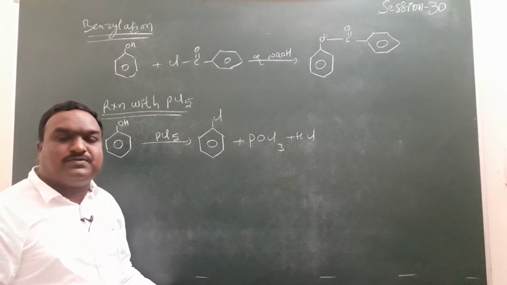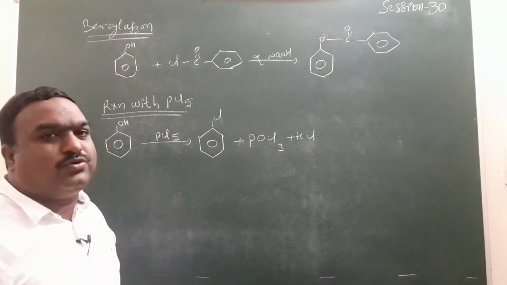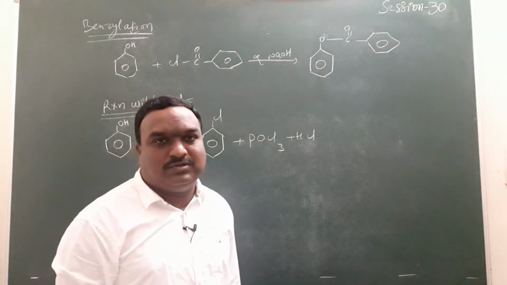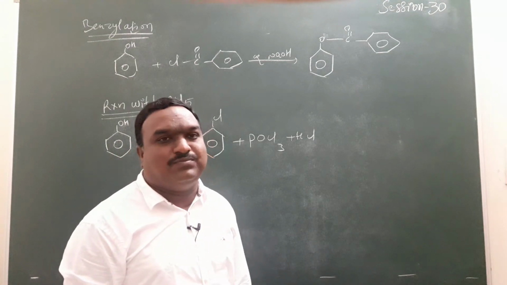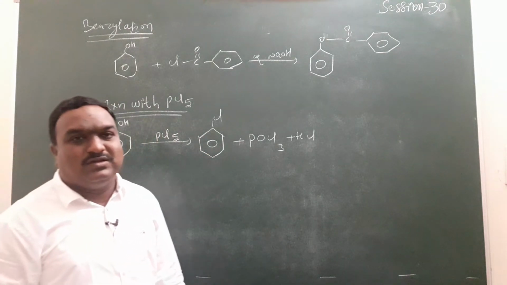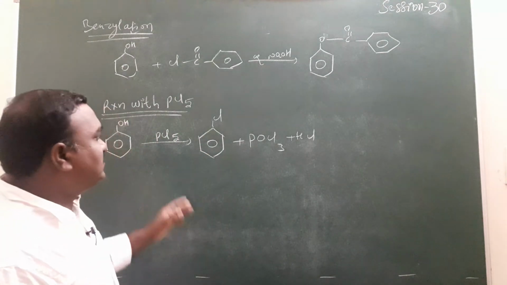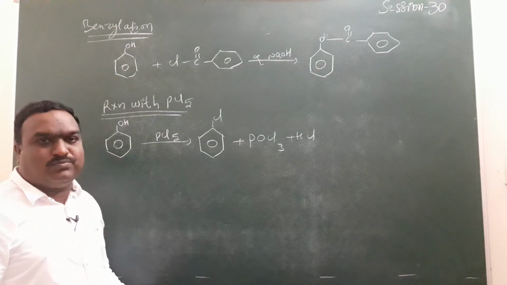A tetraphosphorus compound is formed in this reaction. That means a very poor yield is formed. A small amount of yield is formed here. It is not favorable, right, like this. But the product is the chlorobenzene compound. With the continuous reaction, a tetraphosphorus compound is formed here.